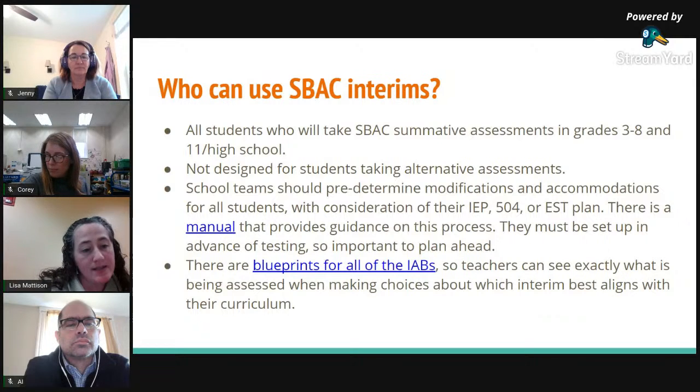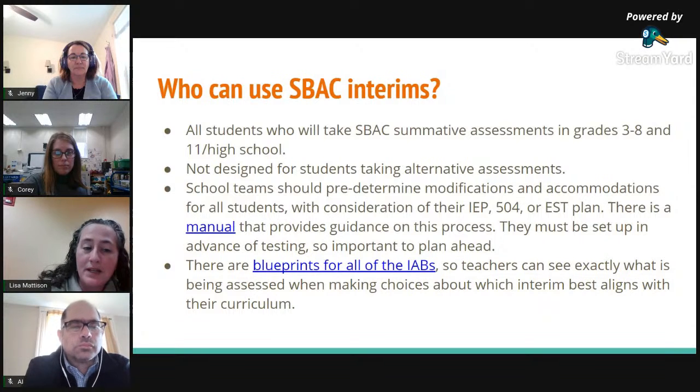So the same process is how we go into SBAC in the spring and set up those accommodations. Your school-based team, often your case manager or your administrator, is responsible for setting up those accommodations in the SBAC system. You want to make sure that those go in for students at the beginning of the year